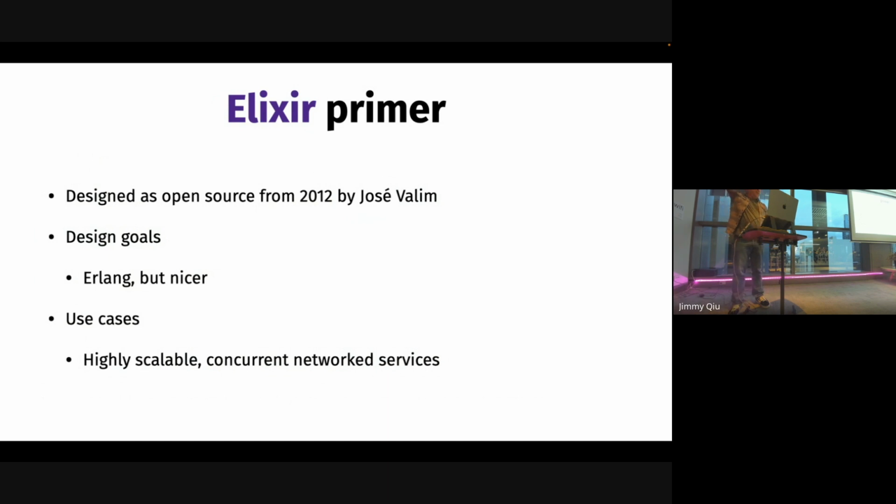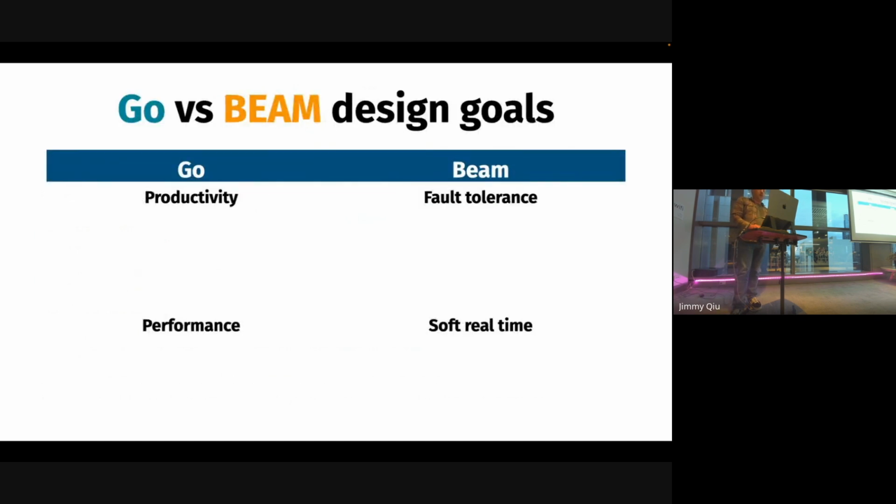So yeah, same use cases as Erlang, probably more targeted towards Go's sweet spot of doing HTTP servers and web applications, but you can do a lot of other things with it. We dip into the actual design goals of those things. So Beam, talking about fault tolerance, soft real-time. Go, we're talking about productivity, performance. Not to say that you don't get those things from the other ones, but these are kind of what they're focused on when they're building these languages.